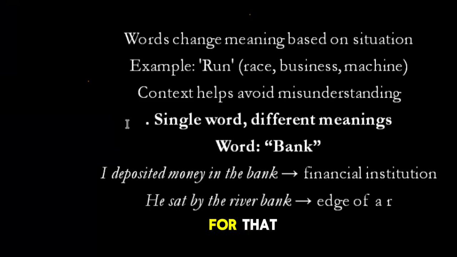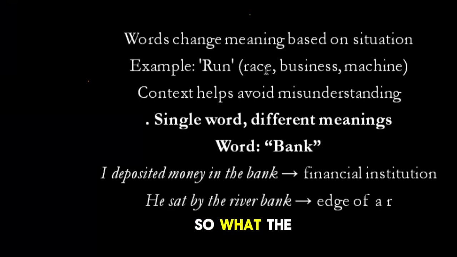For example, the word bank. I would just say that I deposited money in the bank. What is the interpretation of this sentence? Using common sense, everyone would get that the money is being deposited in the bank, which is a financial institution. The bank has two meanings. The first one is a financial institution, and the second is the bank beside the river, or the bank of a river.